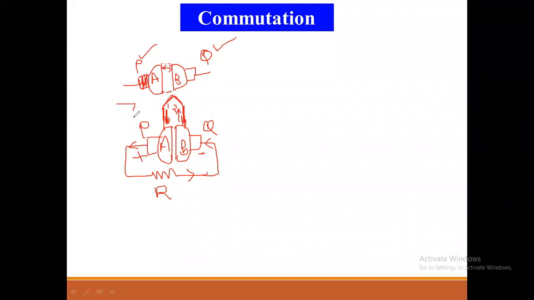Now in that situation, here we also represent the poles of the machine. Here it is the N pole of the machine, and here it is the S pole of the machine. Okay, so this is the simplest diagram. Now